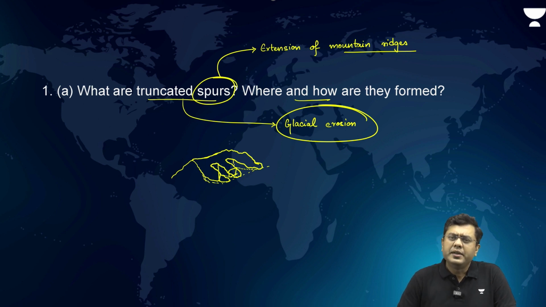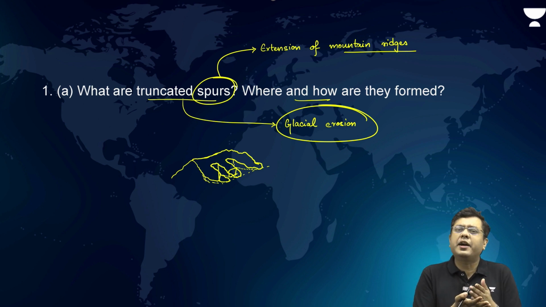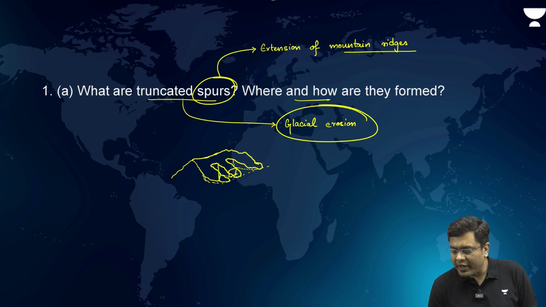Now here, just the glacial erosion, how is it that it will lead to the formation or the truncation of the spurs? What is truncated? Truncated basically in its own immediate translation refers to something which has been cut off, something which is not complete, right? So this glacial erosion leads to or carries out a kind of back wasting,